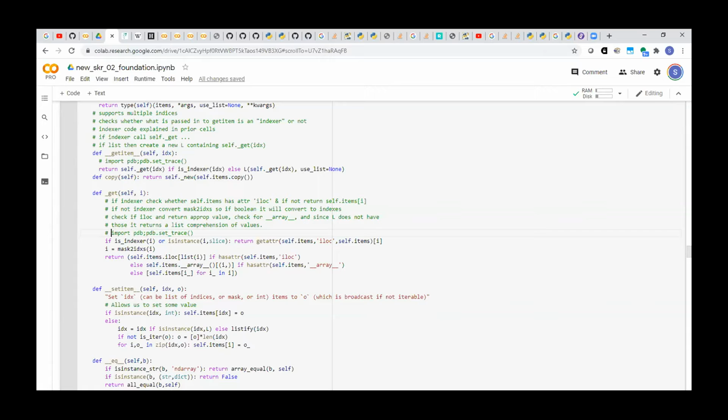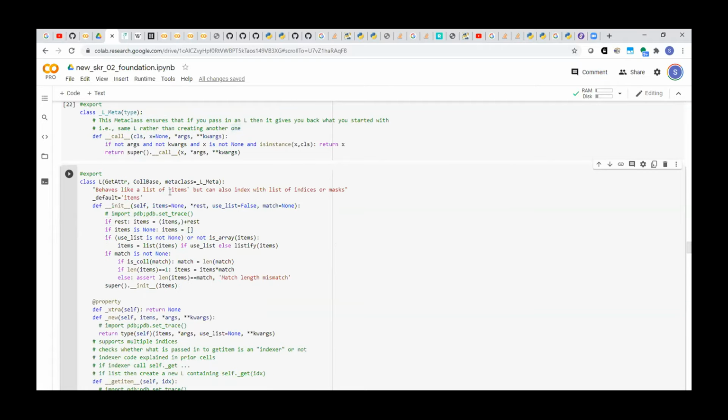L uses collection base collection or collection base class as a class that it inherits from. Therefore, what is passed into L is converted to its, and remember that because of get itra, the underscore default, so it passes it to self.items, and therefore